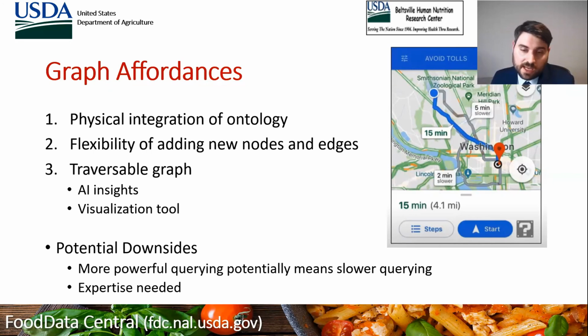Adding tables and adding columns into a structured format can be extremely expensive, whether that's time, whether that's memory in your computer, or whether that's just having a contractor go in and modify your database structure and then modify your views to make sure that data appears in your application or appears in the reports that you're making. In a graph database, adding new nodes and edges and defining these are as simple as going into the data structure and doing as such. Not requiring the contractor, it's not expensive, and going in and doing this adds a lot of flexibility for how you want to proceed, especially if you don't know the definitions of some of the terms that you